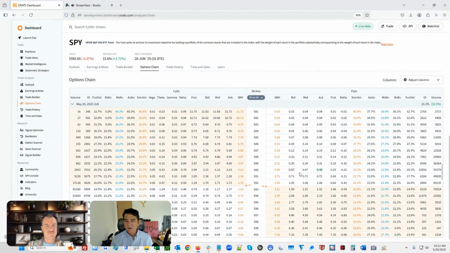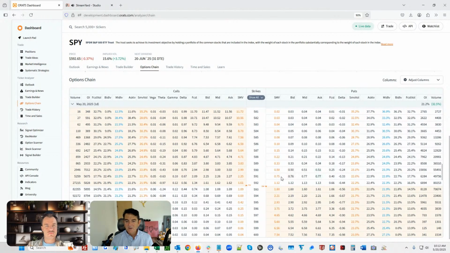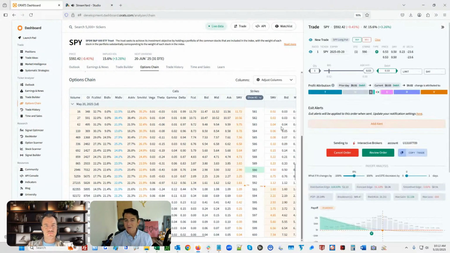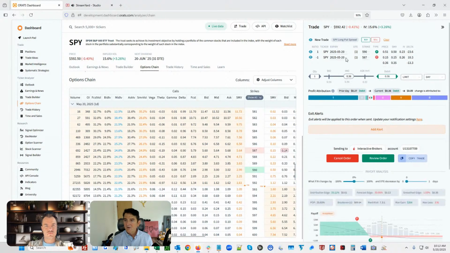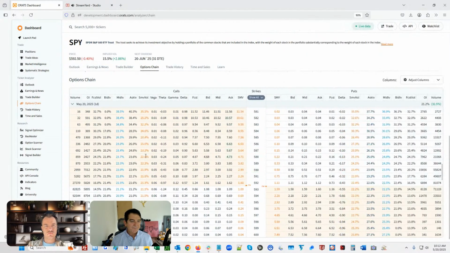And so when you're trading, you would take a look at the SMV, and when we do trade, when the trade ticket comes up, even with spreads, you could then see what the SMV is versus what you're paying, and that's a very good way. That's one very good way to use it.